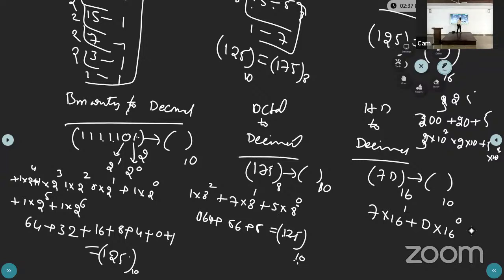So 16 power 0 is the 1. 1 into 13, and 7 into 16 is 112, plus 13 is 125. Okay, so this is the conversion of the decimal to different number systems and the conversion